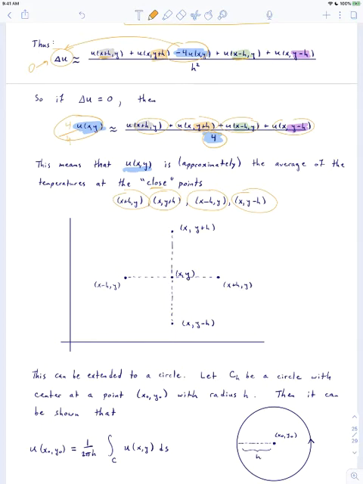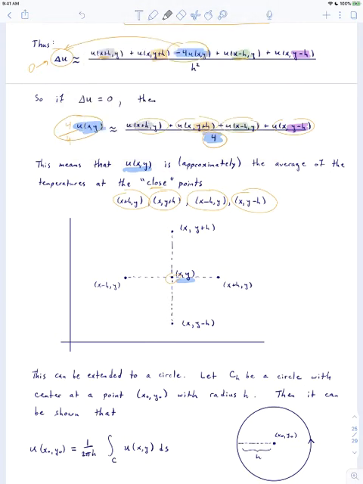Now if you look at these on a graph, x comma y is some point, and in order to get to these four other points, you just move to the left or the right by h, or up or down by h. So if we really wanted to, we could just color code all of these points,